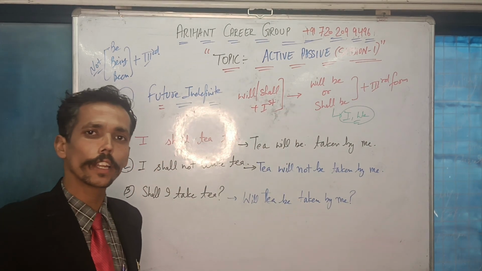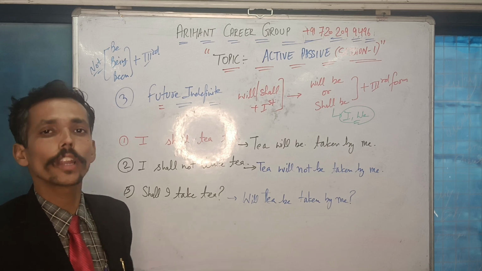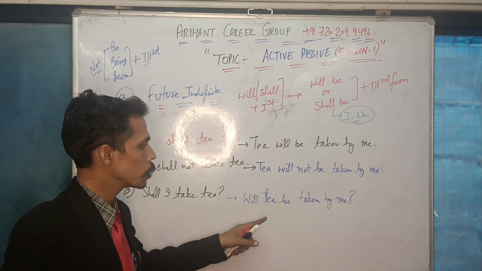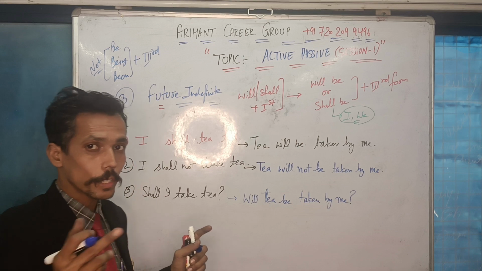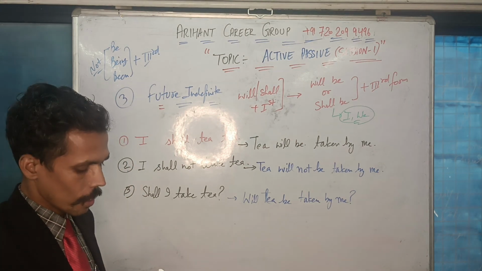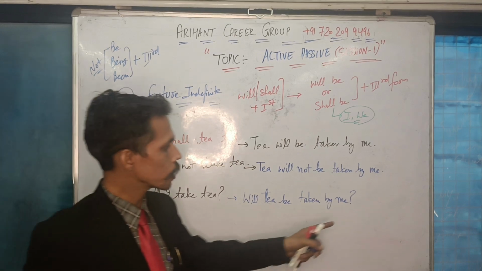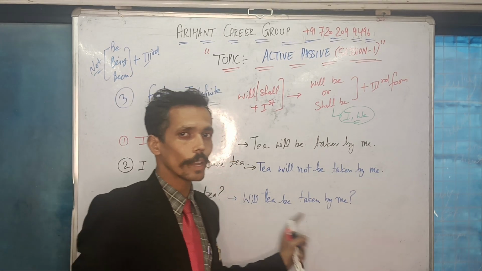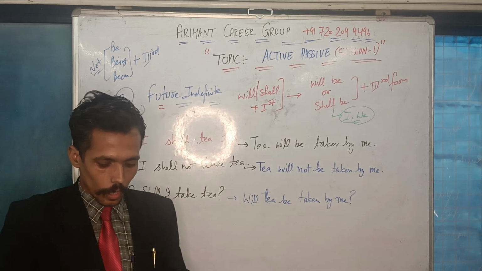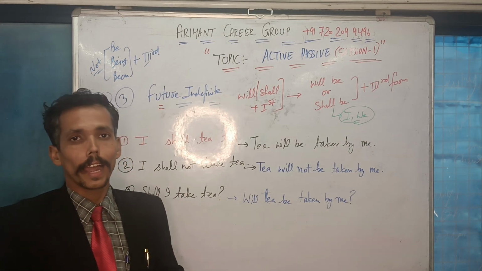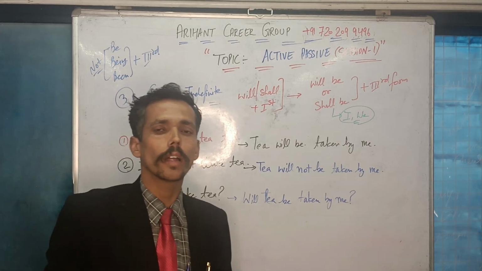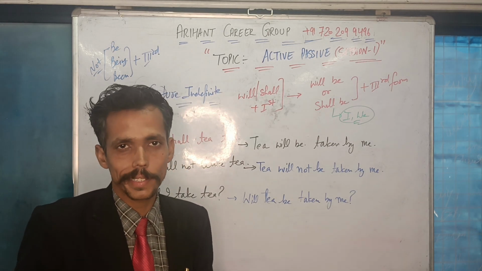In case of an interrogative sentence, I'm supposed to give an answer in interrogative form only. That's why my helping verb is also coming before the subject, but be is coming after the subject. Please note. I hope you must have learned, and one more thing that you must have noticed, that I'm also using a question mark in the answer because my helping verb comes before the subject. So you have to follow these rules, and I'm really sorry I'm not able to cover all the rules of voice in a single session.